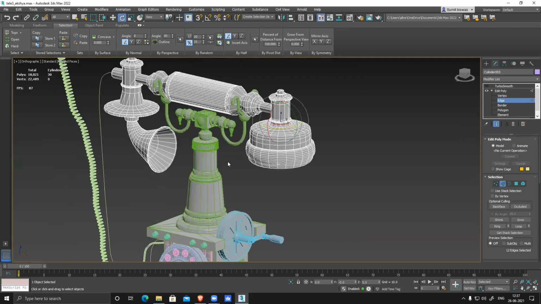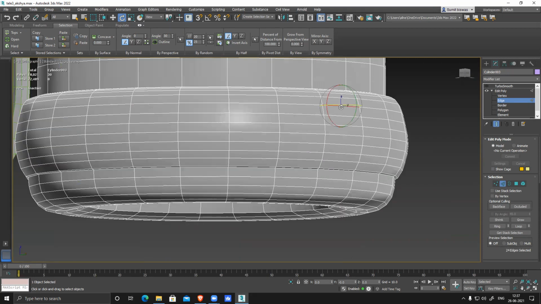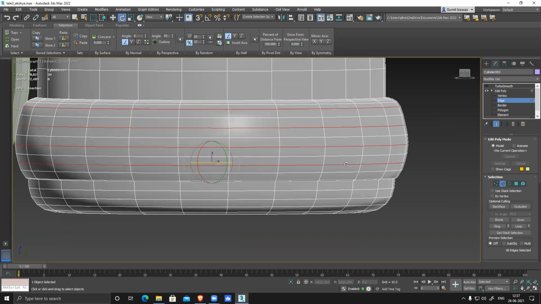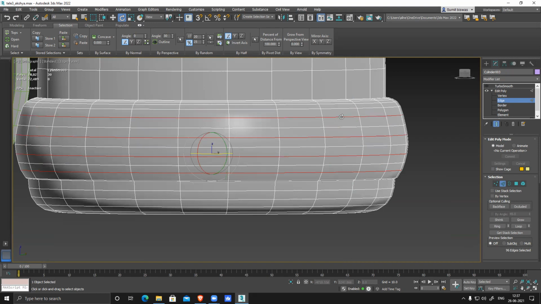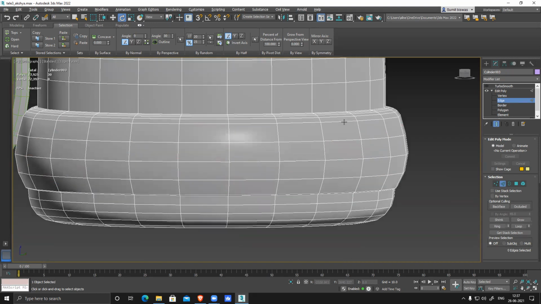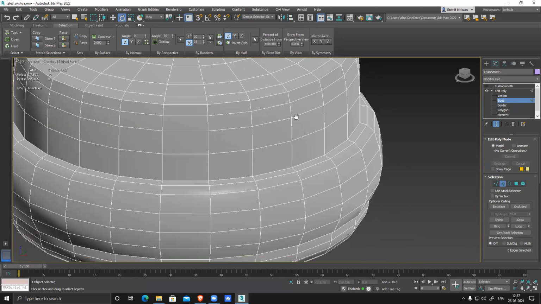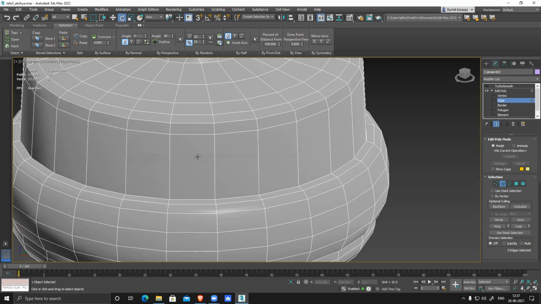That's the only thing. And this section has a lot of polygons, a lot. Maybe I can reduce it very easily. Similarly, this part, if I want, I can reduce these two. Then this circular shape is not required.